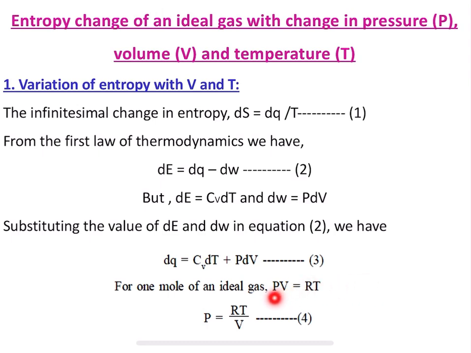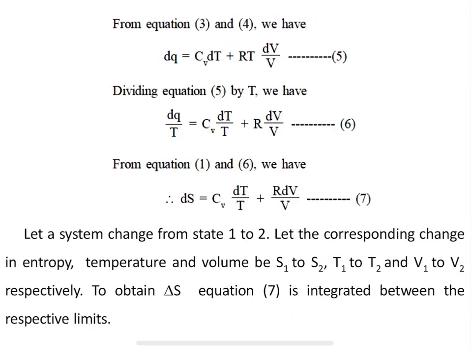By rearranging, P equals RT divided by V. Let me call this equation 4. From equations 3 and 4, where equation 3 is dQ equals CV dT plus PdV and equation 4 is P equals RT divided by V, we have